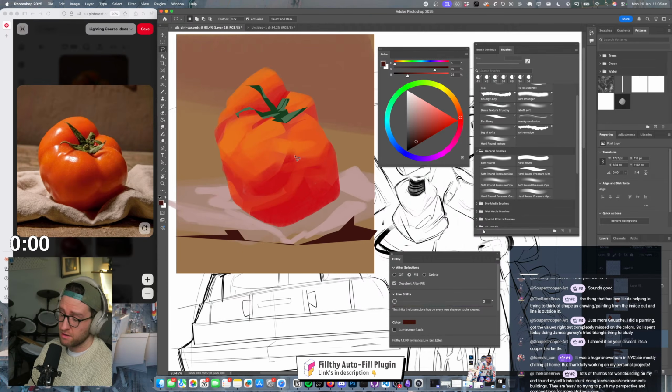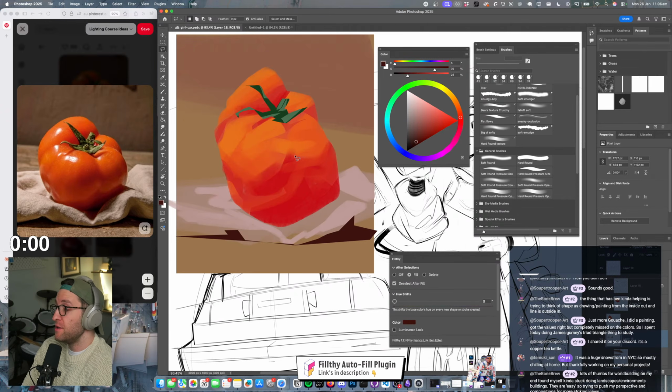Yeah, I can see that working. Nice one. Just more gouache. I did a painting, got the values right, but completely missed on the colors. So I spent today doing James Gurney's triad triangle thing to study. Beautiful. Yeah, I got to try that stuff. I shared it on Discord. It's a copper tea kettle. Nice one. Is that the same one that you showed me live, maybe? Or was it another one, a new one?